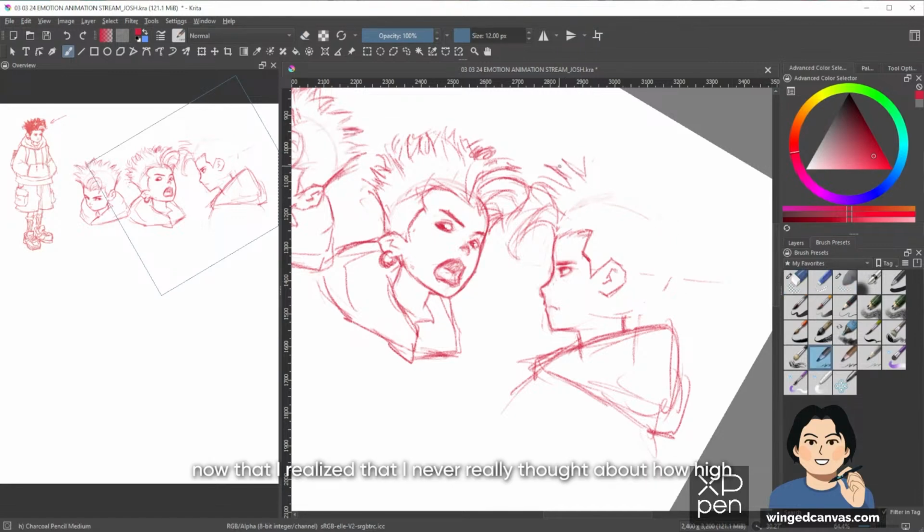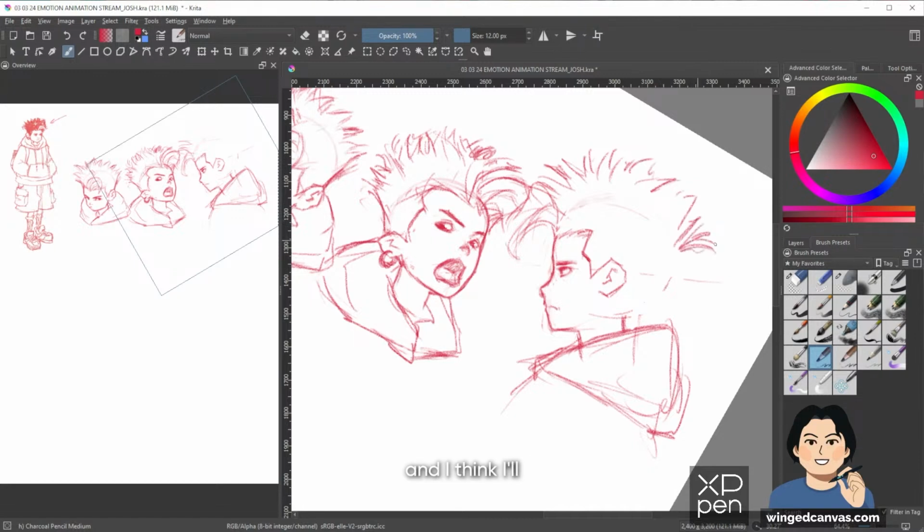Actually, now that I realize that, I never really thought about how high his hair was gonna be. But maybe somewhere like here. And I think it'll hang back a little bit. We're going for that real 90s Green Day vibe, so maybe somewhere like here, maybe.